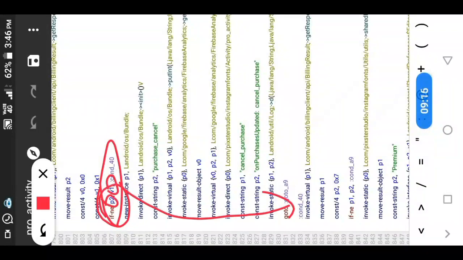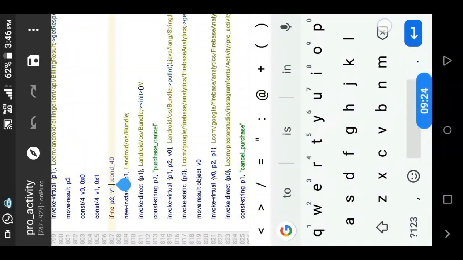So we want that one. To make the condition go from here to here, we need to make this true. To make this true, we must find what p1, p2 and v1 are, which is very difficult. So I will use a goto method here. I used a goto method here.